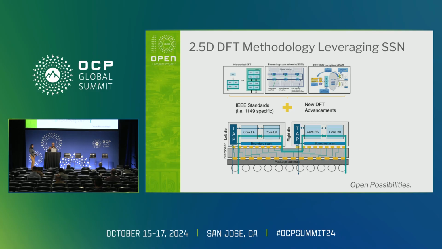However, the purpose of the paper is to solve not just the current problem, but anticipated problems in the future, especially with such 3D structures and reduced pitches. So this is one example of a 2.5D structure showing the path where you can have an interconnection between the left die and the right die. It can have a